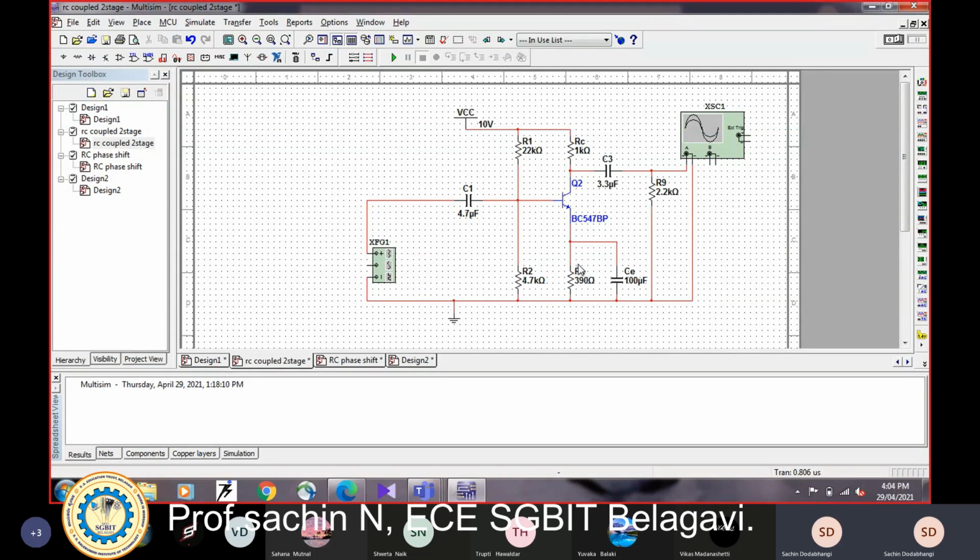If the current flows through RE, it gives a negative feedback, which decreases the output voltage, and you won't get the required amplified signal. Getting it?